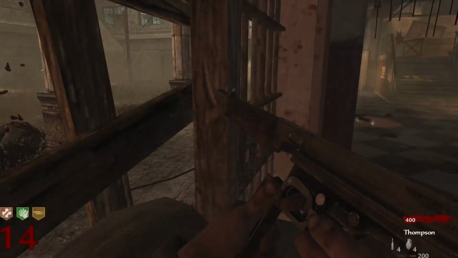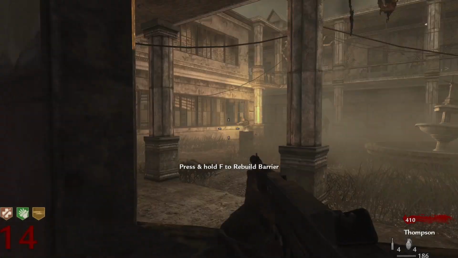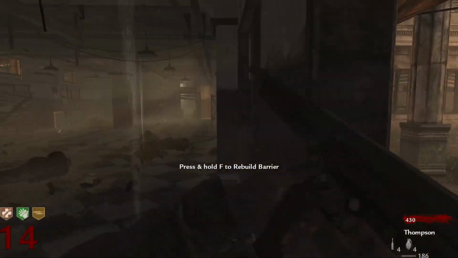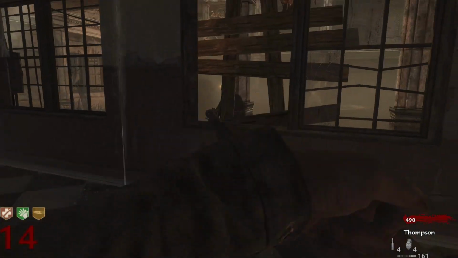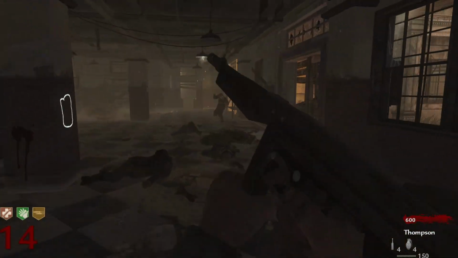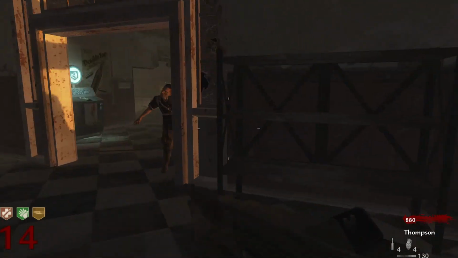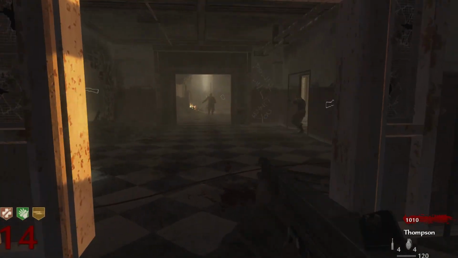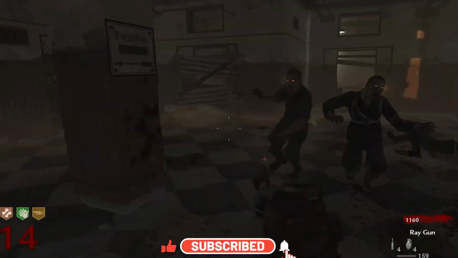Coming in at number 2 is going to be Verruckt, and I'm not a big fan of Verruckt either. Like, I understand why people hate this map because it's small and just annoying. However, it does have all 4 perks, and it doesn't randomise the perks like how Shi No Numa has it. And it even first introduced the power switch, which was a very nice addition, really set a foundation for future